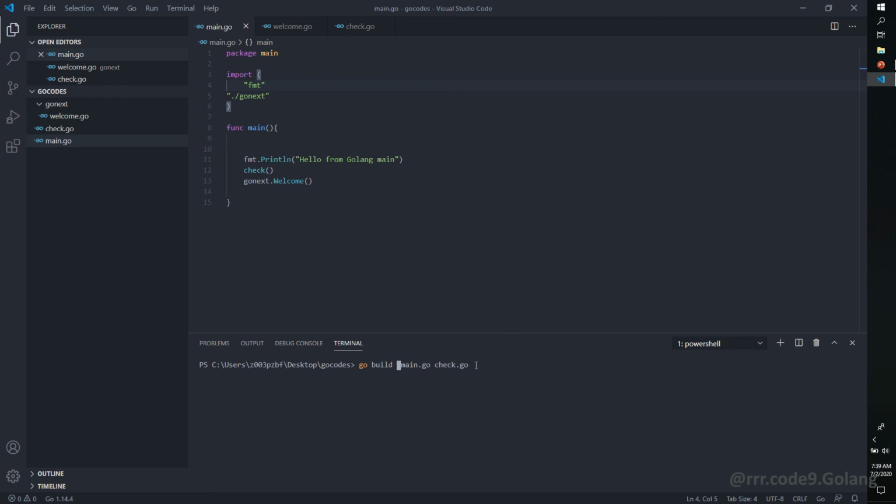So here if you run this code, it will not execute the code, but it will build one exe file in Windows. So here you can see there is a main.exe file that is created inside Go codes. So you can run this exe file and get similar results.